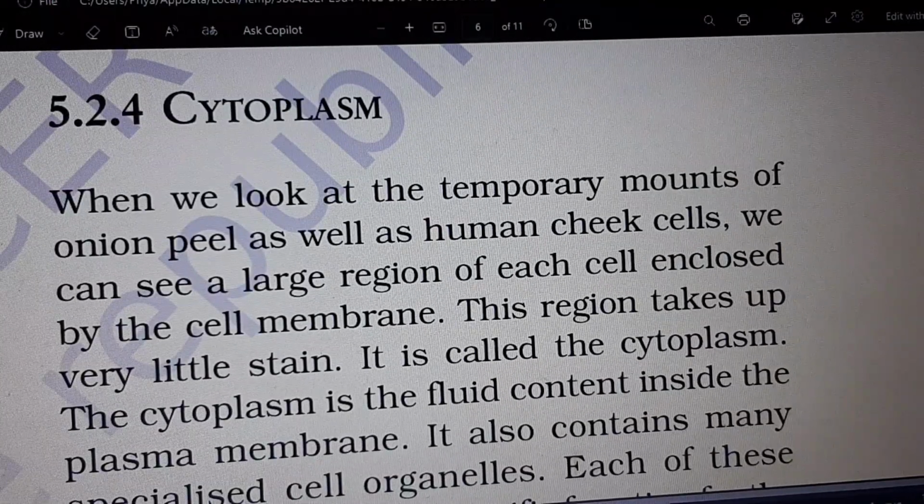Cytoplasm. When we look at the temporary mount of onion